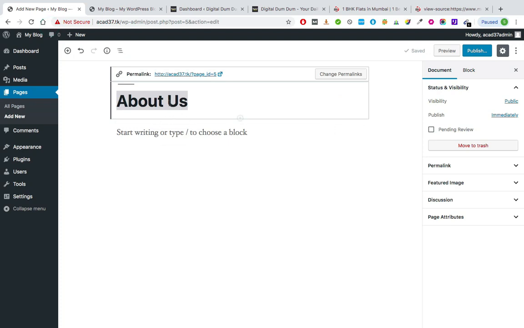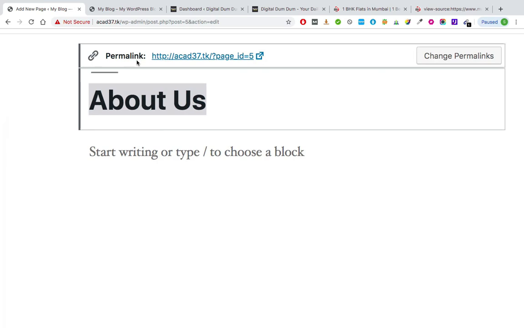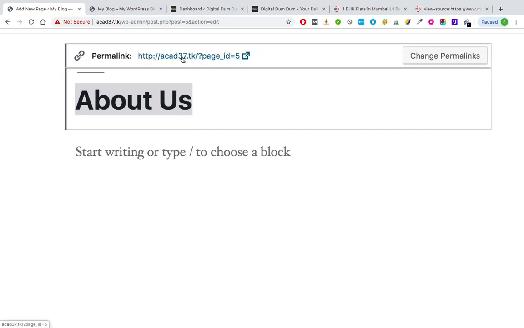So moving ahead, as soon as you add the title, you will see that WordPress has automatically created a permalink for you. Permalink means the URL. Now, this section is called as the domain, whereas the remaining section is called as the slug, SLUG. This is called as slug.